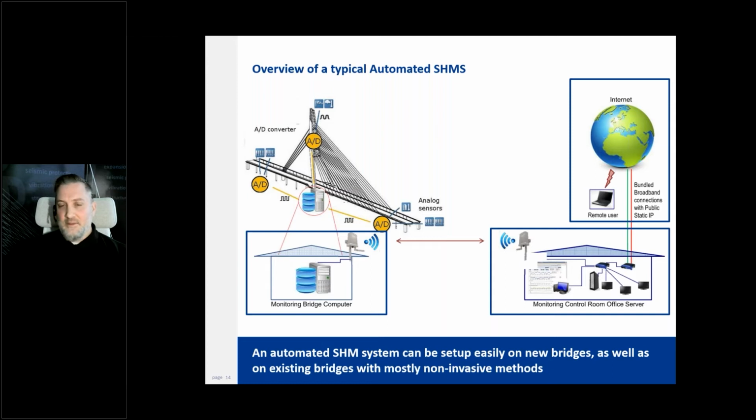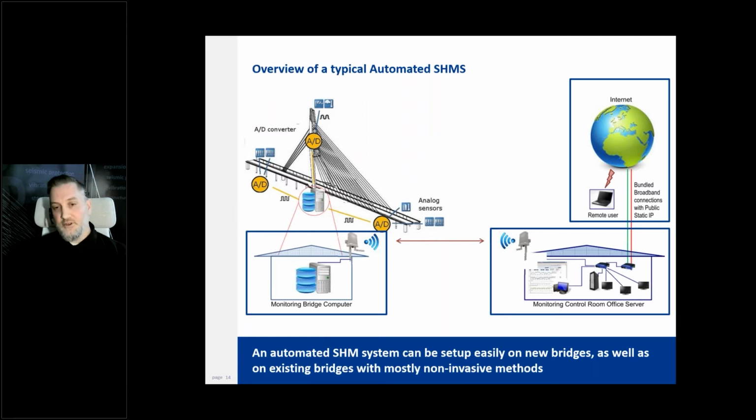In terms of what a typical automated system looks like, so there were those two categories, the short-term temporary system. This is the automated long-term type of structural health monitoring system. And here we start on the lower left of the slide, the bridge monitoring computer, sometimes called the master station. You could think of it as the brain of the nervous system of the structural health monitoring system, if you like. Basically, all the sensors and data acquisition units collect their data here in the bridge monitoring computer. This data is then transmitted. That's what the horizontal red line at the bottom is. In this example, it would be something like 3 or 4G wireless transmission to a server room, where the data is then